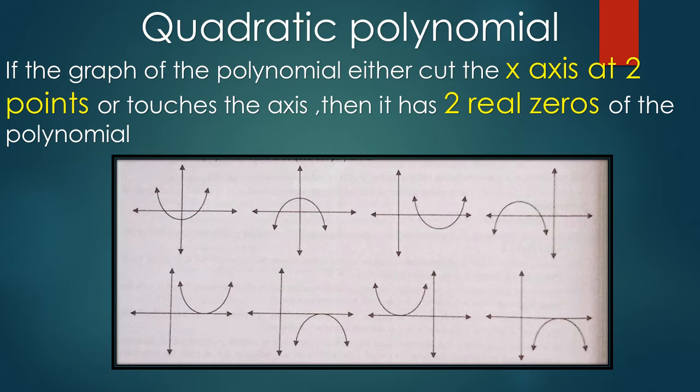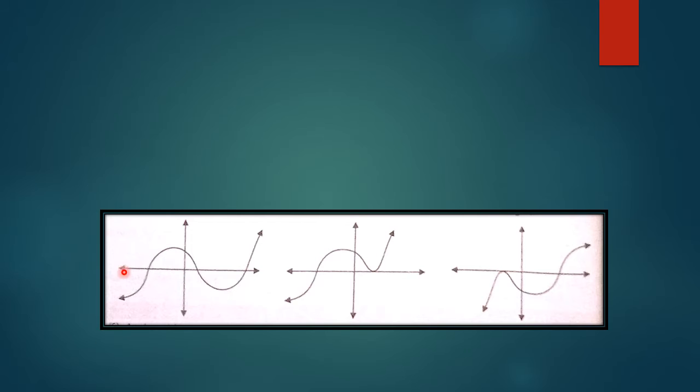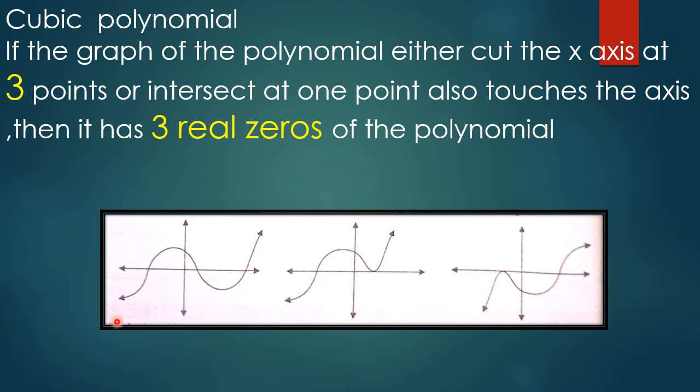So now let's see the next type. Here when you see, they are not U-shaped, it is a curve. Now when you observe this curve, see where it touches the x-axis. In the first example, it touches at 1, 2, 3. And here you can see it touches at 1 and 2. And here also you can see it touches at 1 and 2 points. So from this, what can you observe? You can observe that it's a cubic polynomial and it touches the x-axis at 3 points.